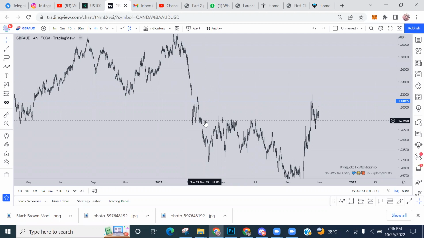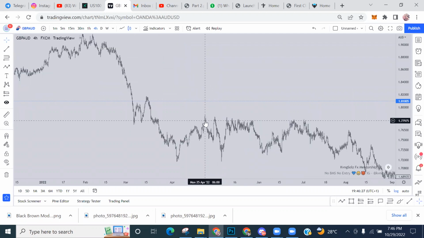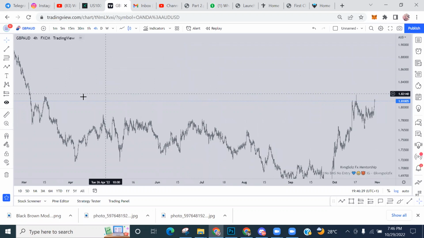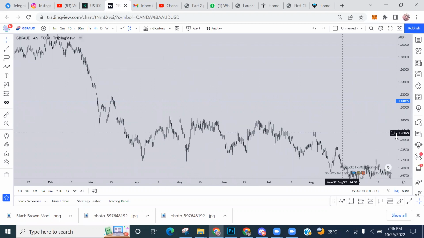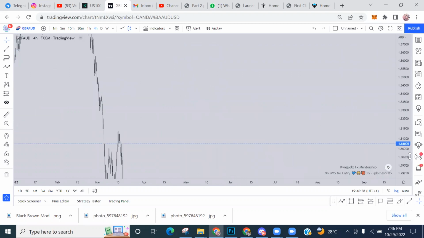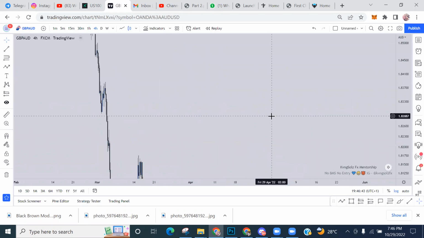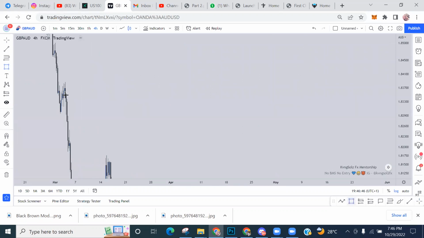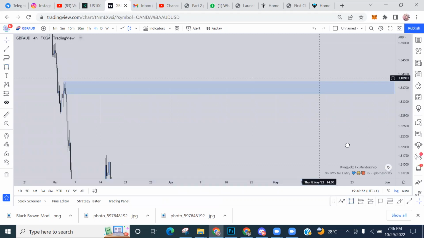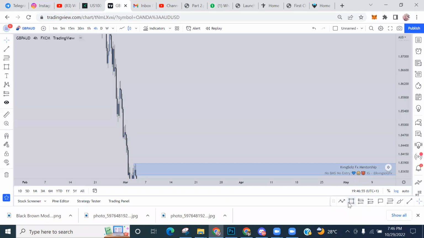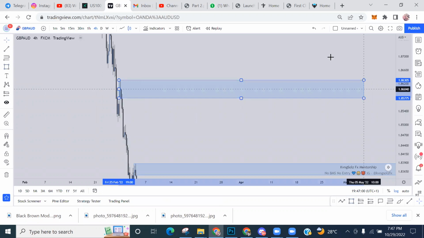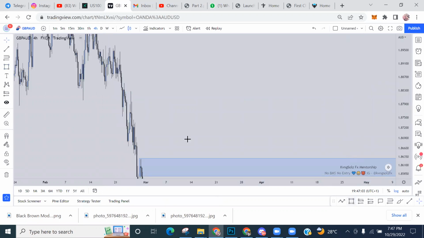So now let me... I guess that's broken here, right? Has it? Yes, it did. Okay. But is it really still bearish? It is bearish overall trend, honestly. You just need to look for supply zones to trade off from. So a zone like this guy here will be good. Let me see. A zone like this guy here will be good too. Okay. Then zones like this guy here.